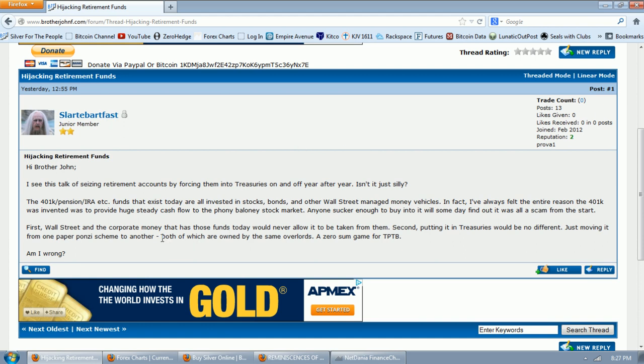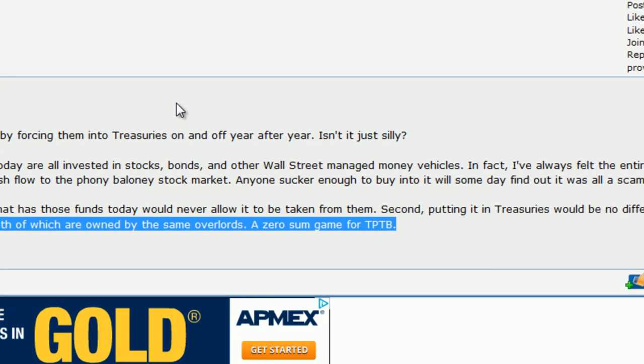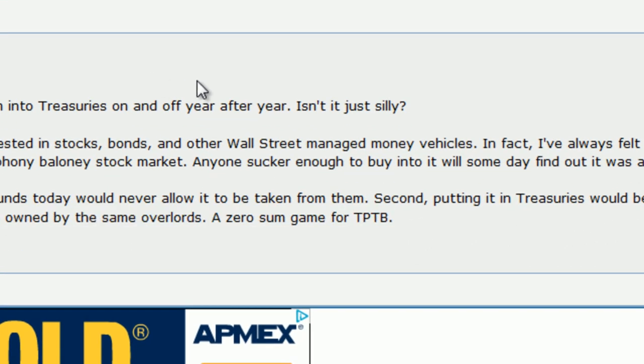Well, I don't strictly agree with that. The big difference in my mind is going to be, I do agree with the overall sentiment that, as others have quipped before, the stock market is about transferring money from Main Street to Wall Street. And I've covered in the past the stock options written by CEOs and how they loot their own companies and basically loot your retirement funds. And it is a big, big scam where they transfer money from Main Street to Wall Street. But the big difference between stocks and bonds is going to be who's looting the money. Now, with